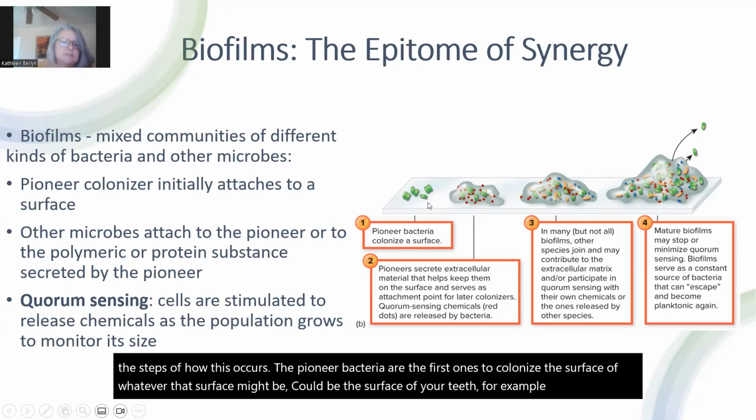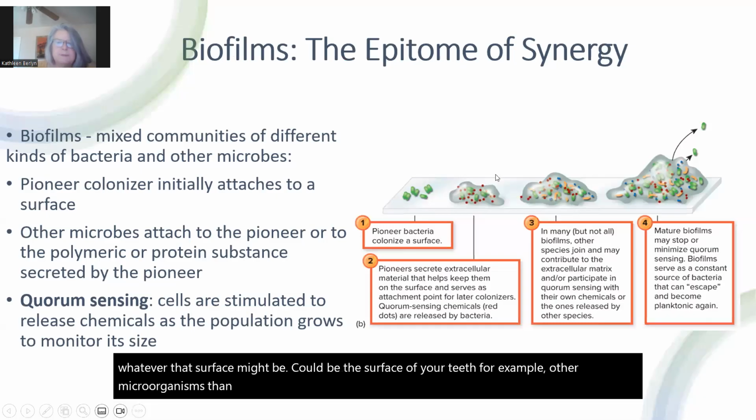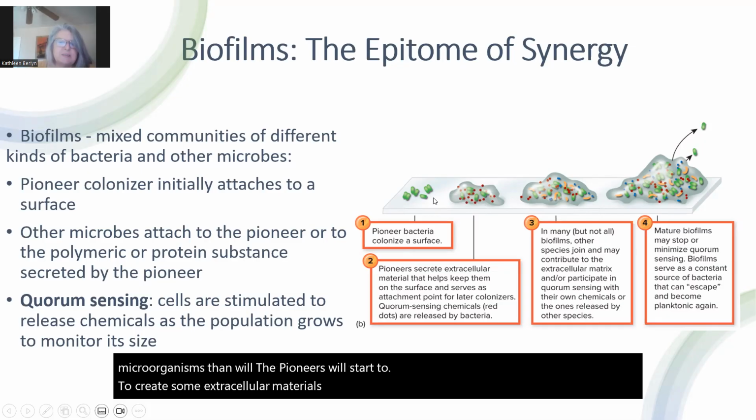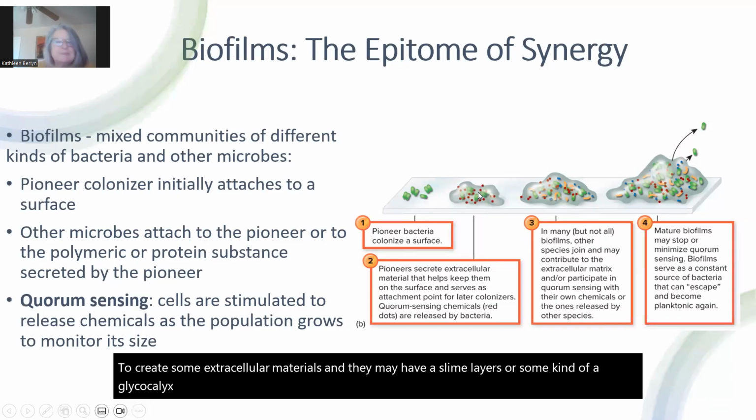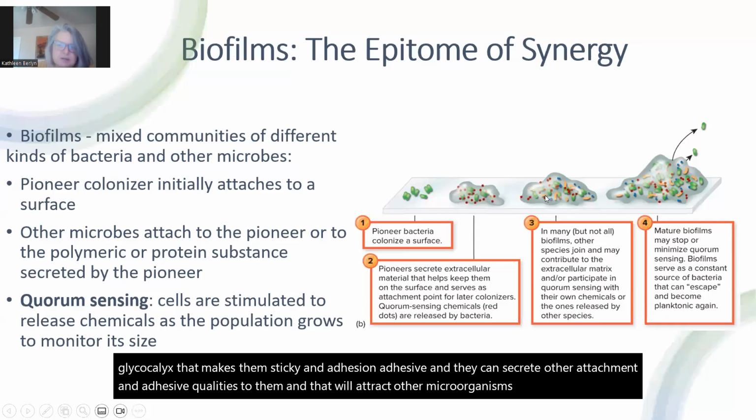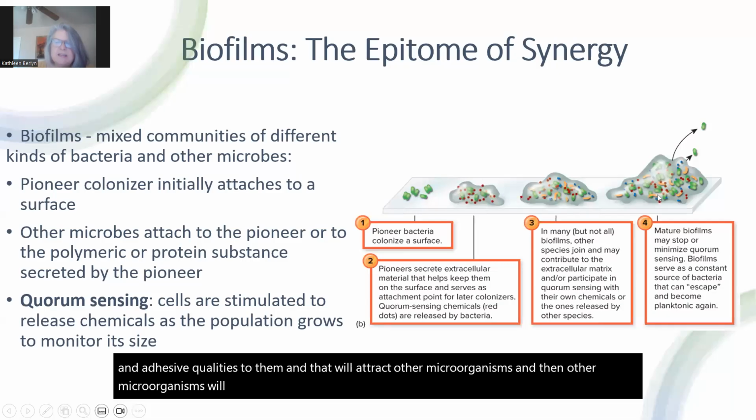The pioneers will start to secrete some extracellular materials, and they may have slime layers or some kind of a glycocalyx that makes them sticky and adhesive, and they can secrete other attachment and adhesive qualities, and that will attract other microorganisms, and then other microorganisms will join, and then you end up